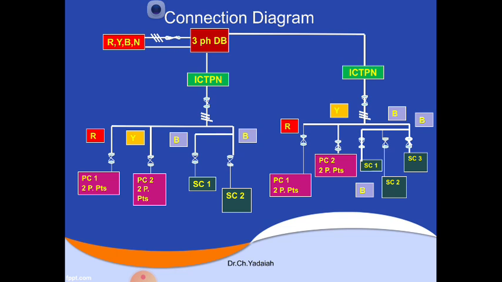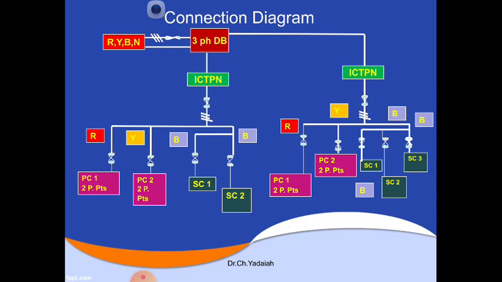Now similarly, previously we have seen where we are going to place this number of points. Some lamps are placed in the roof, some lamps are placed on the side. Based on the requirement of the consumers, we are going to measure the length of the conduit. Here we are going to use the surface conduit or concealed conduit. Based on the position of the load points, we are going to measure how much length is required.